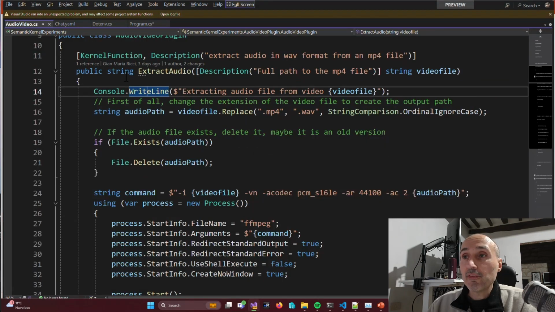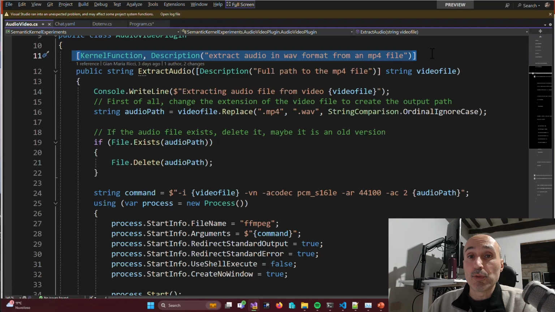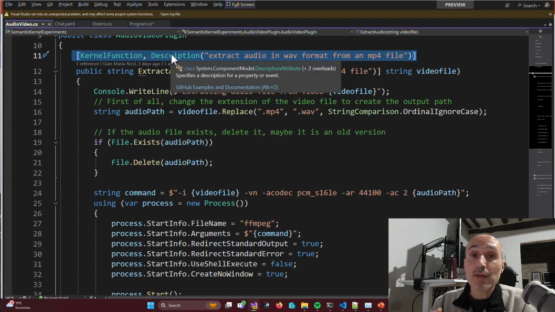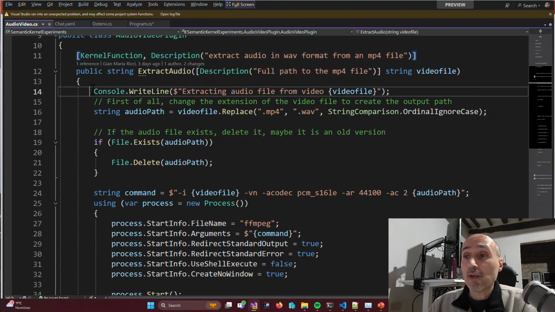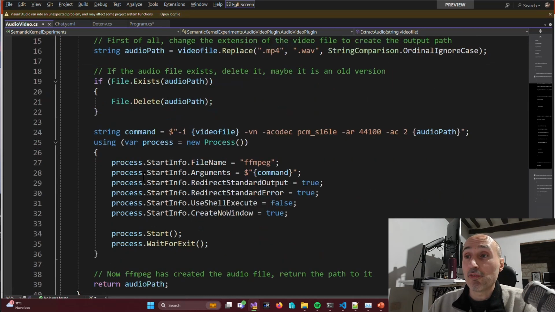Then inside this class, you can put some method like extract audio, and you just decorate it with a couple of attributes. The kernel function tells Semantic Kernel that this is a function it can import, and then the description, in which you describe in natural language what the method is doing. And this is a simple porting of the ffmpeg process calling to extract audio from a file, which I've ported from